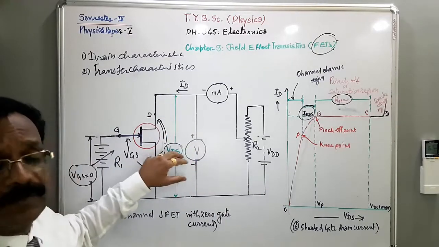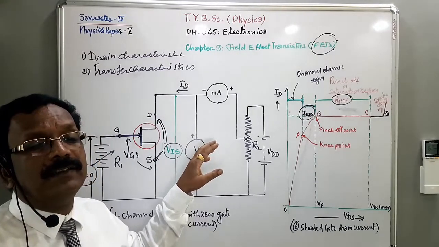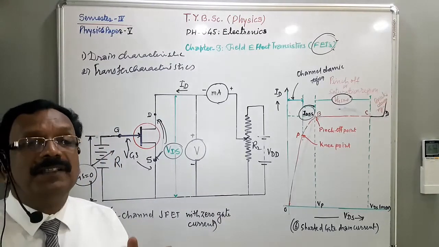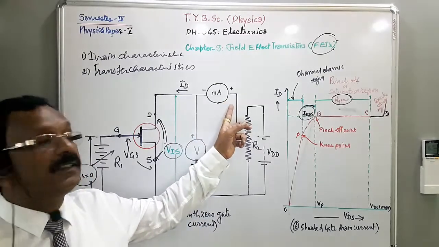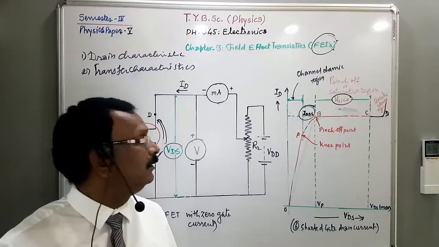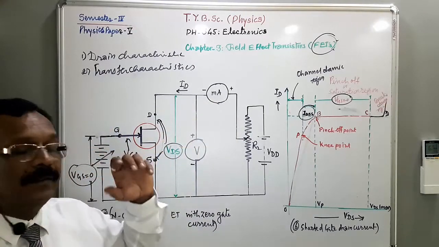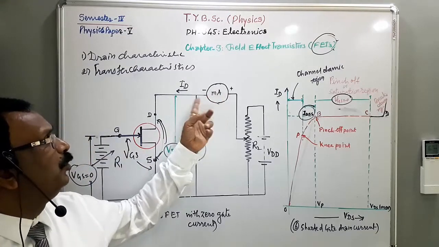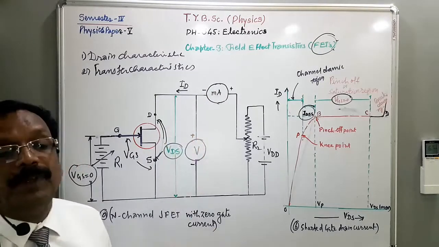The voltages VGS and VDS may be measured by connecting a voltmeter across the JFET, and the drain current ID can be measured by using the milliammeter connected in series with the JFET and the supply voltage VDD. Okay. I mean that this is very important. When you are going to measure the current, then this current meter should be in series, and when you are going to measure the voltage, the voltmeter should be in parallel or shunt mode.